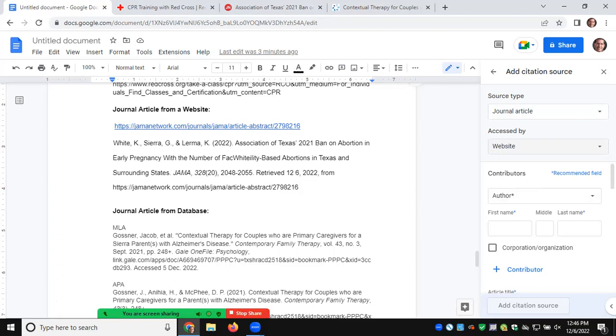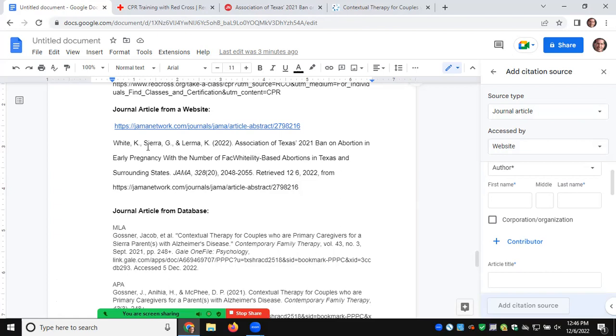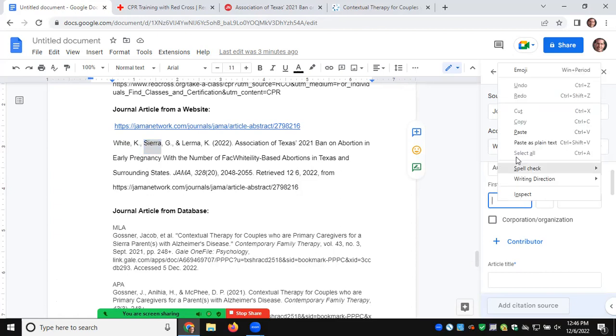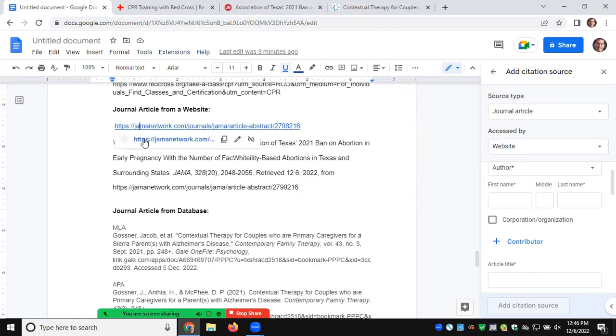So the first thing I have to include is the author. Notice I have multiple authors here. I'm just going to start with the first one. Because I already have it here, I'm just going to copy and paste to save time. So my first author is Sierra. Oh, pardon me, that's not correct. My first author is K. Now,